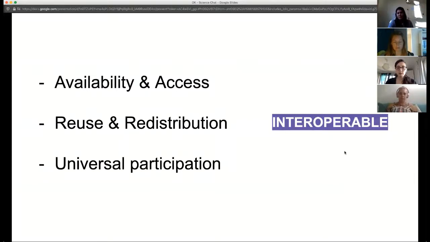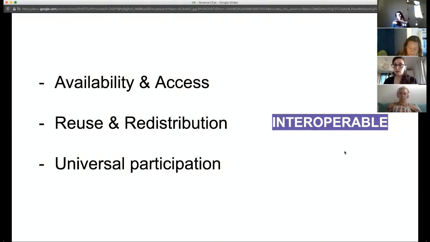Reuse and redistribution in the sense that there are no paywalls, and no problems in the middle that don't allow you to download the data, use it and make sense of it. For example, that it has proper metadata, or proper information about the data set that gives you an idea of what is in there. Because another very common example is that, yeah, we have open data, and then you go to the website and you just have a huge spreadsheet and no explanation about it. So that's not truly open data.